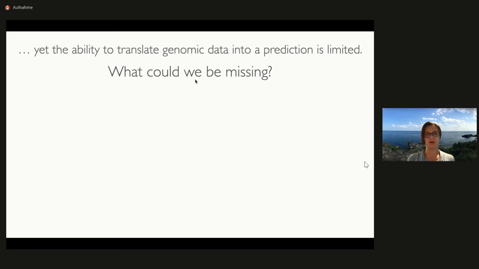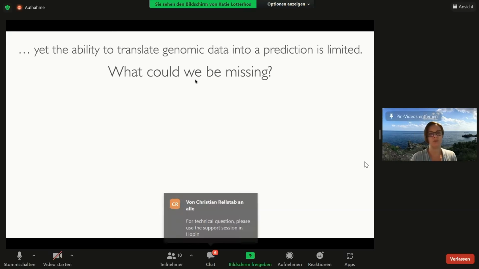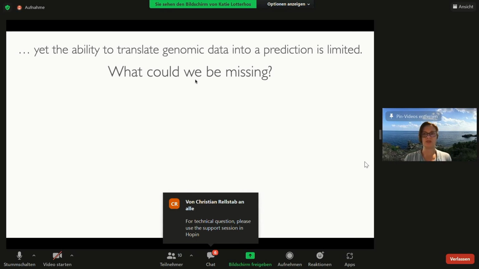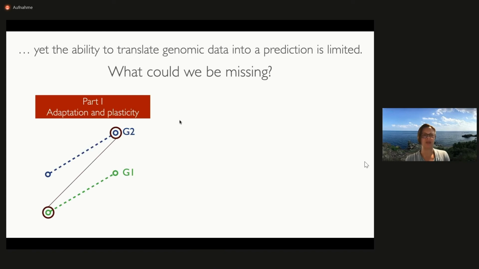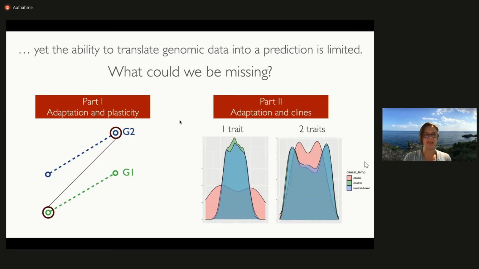So today in my seminar, I'm going to highlight two areas of research that are important in determining how organisms respond to environmental change, but aren't commonly considered in tree biology. In part one, I will highlight how genotype by environment interactions are not the only way that genotype and environment can be non-randomly associated. We can also have covariance evolve between genotypic and environmental effects on phenotypes. In part two, I will highlight how phenotypic clines can evolve without clines in the underlying alleles, and this has implications for our ability to understand the genetic basis of adaptation to environments.